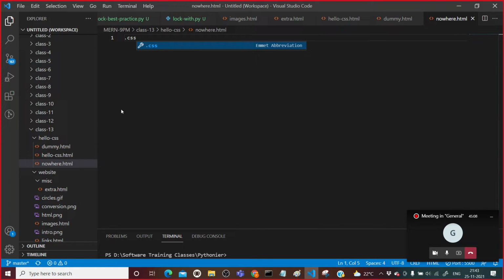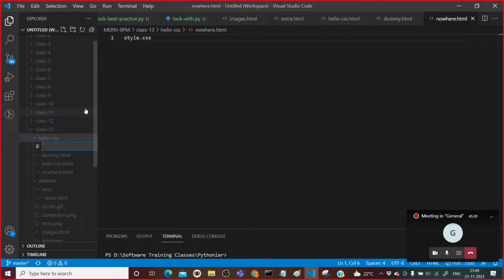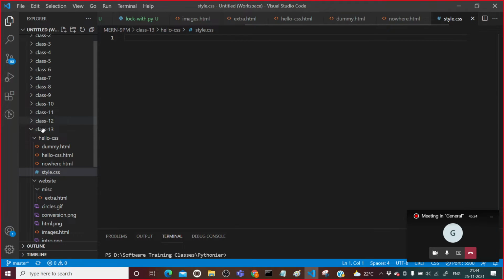Now let's create a new file called style.css. The way my HTML is saved with .html, in the same way, whenever I need to write a style sheet, I should create a file that has the extension .css.